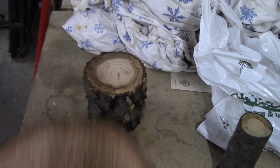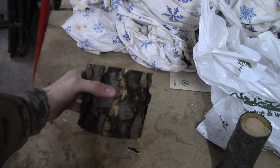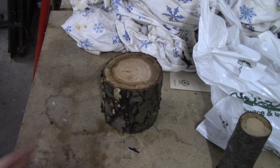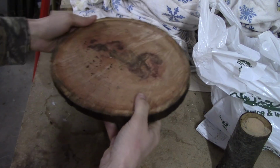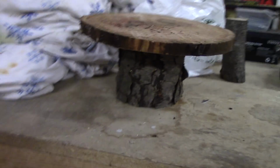Now the first thing that I did was I took this over to the table saw and I squared that off so it was a nice straight line even when it sat down. It'd be a nice flat surface so it'd be level. And then I took this, and I haven't sanded this down yet, but I need to. And then basically that's just going to sit on that like so. And then